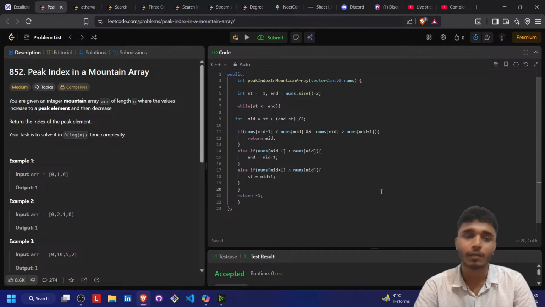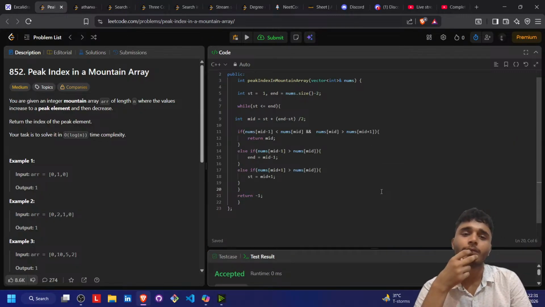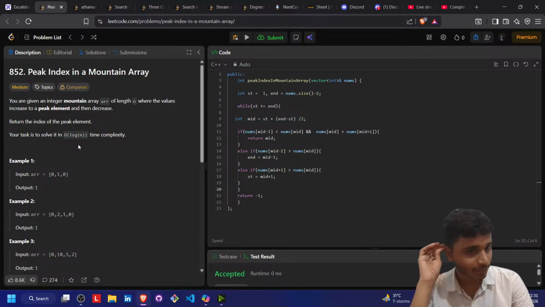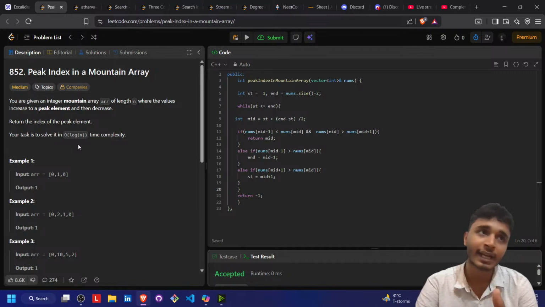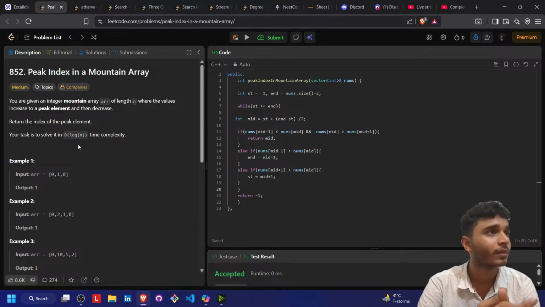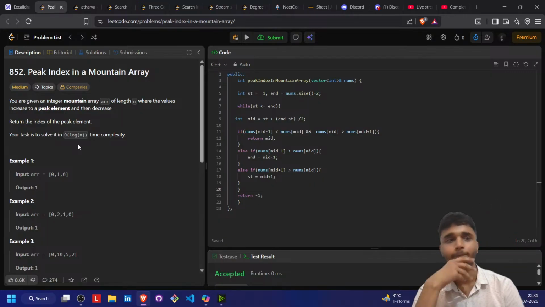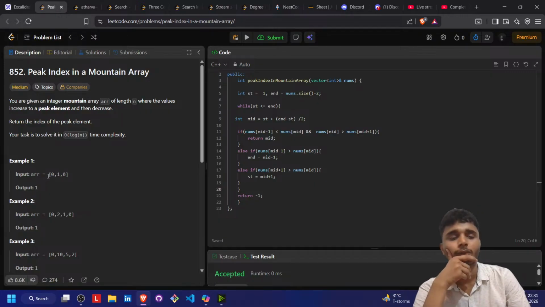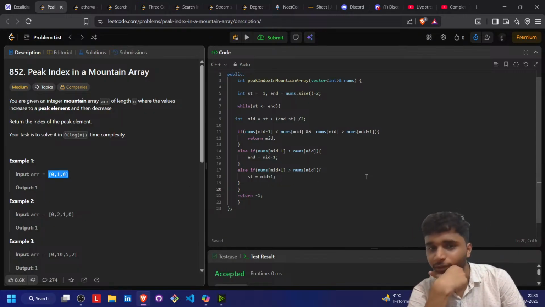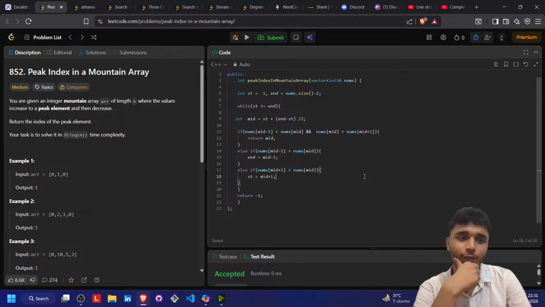And how the code is working here, if I tell you, we have to find a peak index, meaning the largest value between the start and the end. That will be considered as the peak index. And peak index is the index, like in a mountain array. It will not work for all, I think. No, it will work, man. Should I tell you how this is working? Even if I submit it,